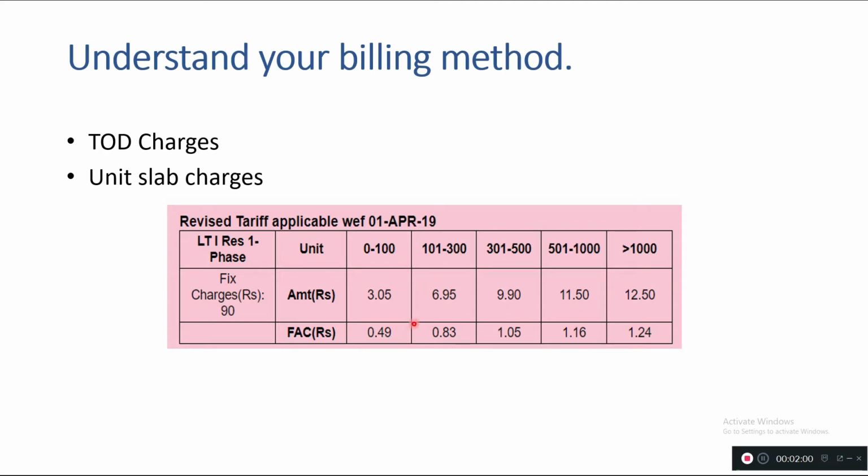For example, if your consumption is around 340 units, then you should try to save electricity and bring your consumption below 300, so that, as you can see here, per unit there is almost a 3 rupee difference. Then here also the rate is different. So in short, when you consider the bill of the month, it makes a lot of difference. You need to understand the billing method used by your electrical service provider company.